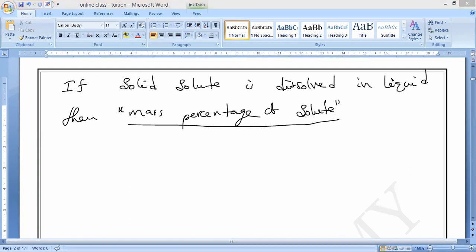Now, in the case of a solid solute dissolved in a liquid, for how much liquid can we take it? Is it for 1 liter? Suppose one student takes 10 liters, another takes 100 liters, another takes 2000 liters. So, we cannot calculate the concentration of a solute for a large amount of given solution, because